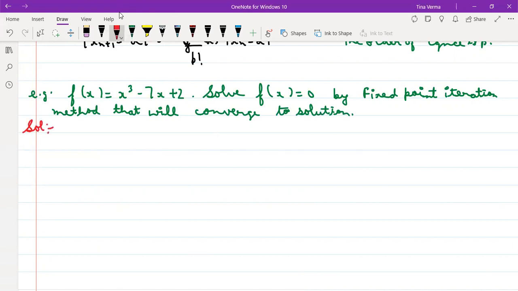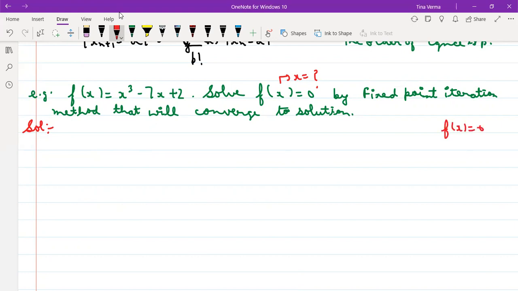So now you have been given f of x equal to x cube minus 7x plus 2. You have to solve this, that means solve f of x equal to 0, meaning find the value of x. If you want to apply fixed point iteration,